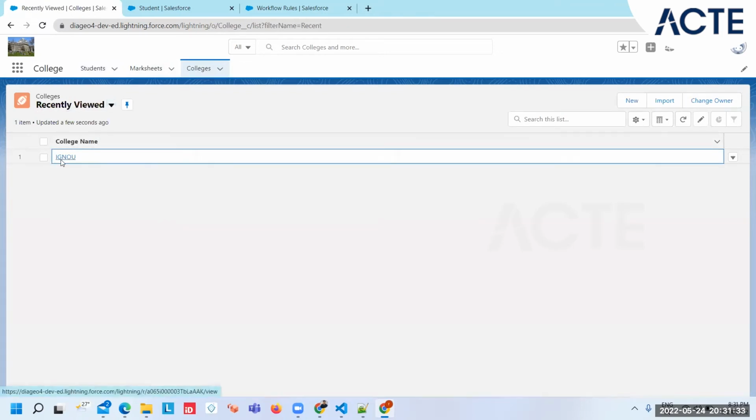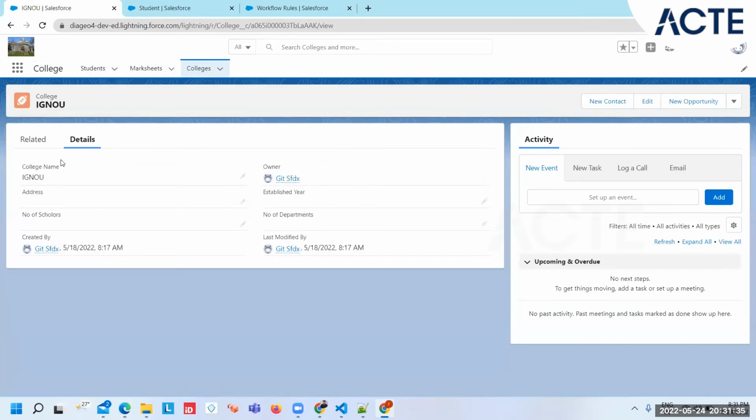So let me check what fields are available for colleges. The basic field, okay, address, number of scholars, okay, number of departments, okay. So here what I'm going to do, I'm going to update fields on the colleges, okay. I'm going to create some field like established